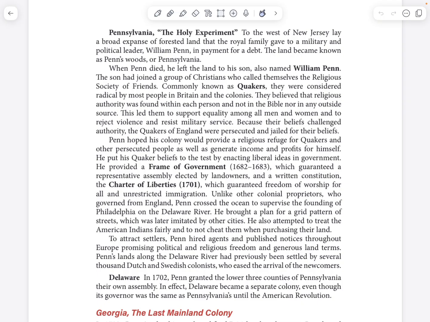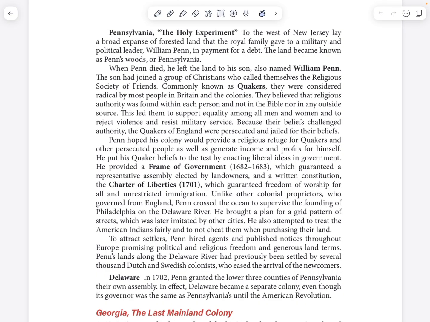This led them to support equality among all men and women and to reject violence and resist military service. Because their belief challenged authority, the Quakers of England were persecuted and jailed for their beliefs. Penn hoped his colony would provide a religious refuge for Quakers and other persecuted people, as well as generate income